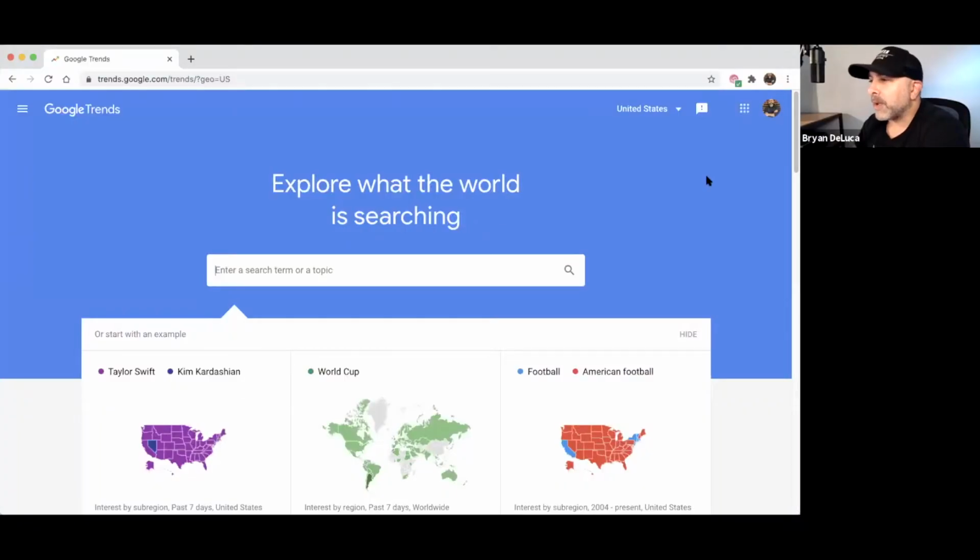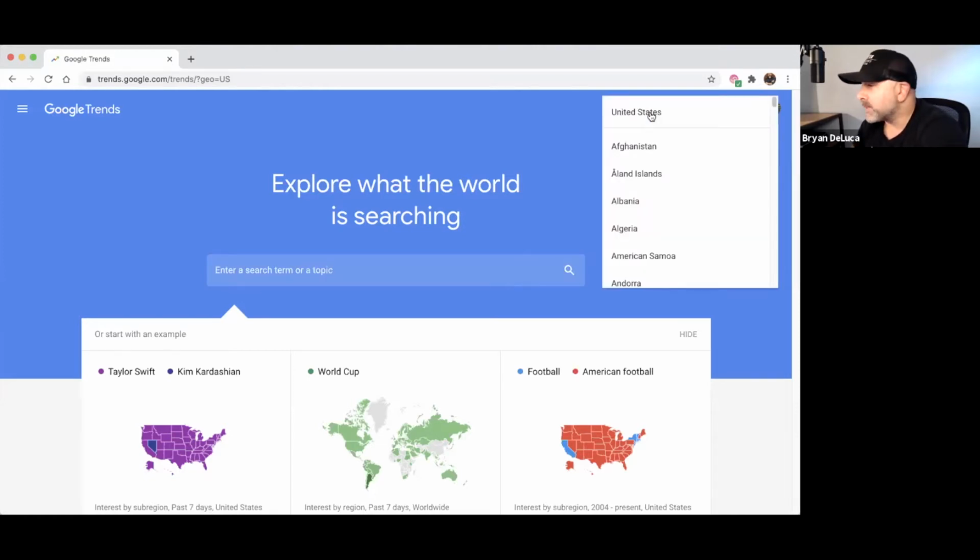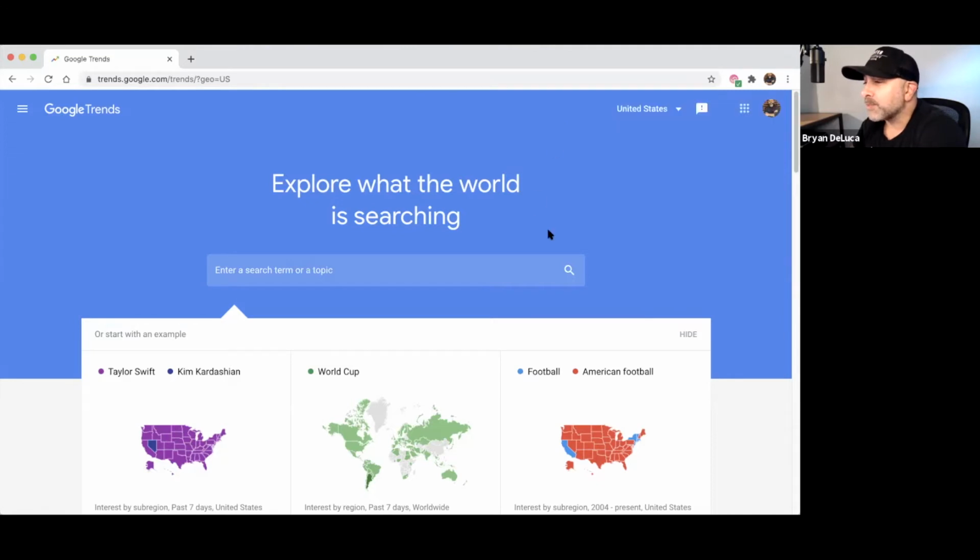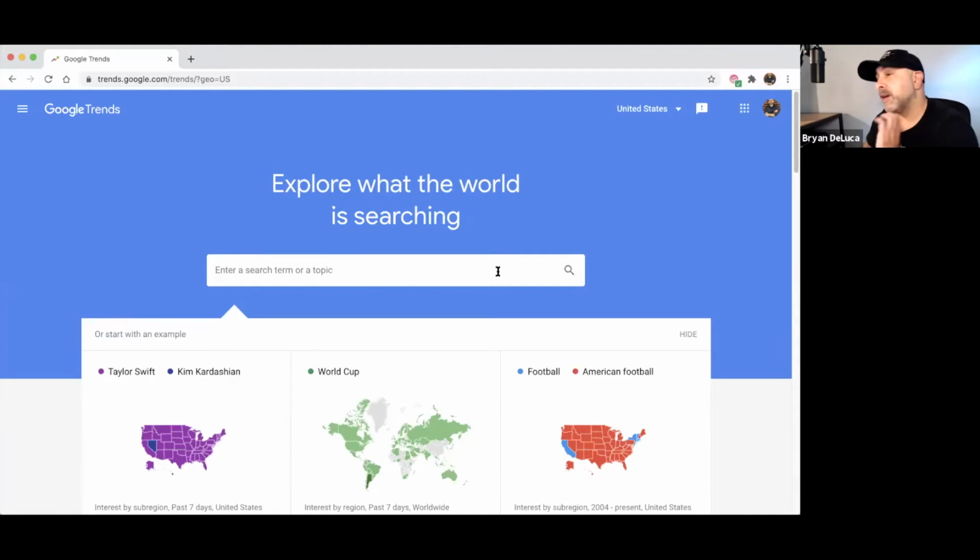So if you haven't used Google Trends before, and this is one of your first experiences with it, or the first video you're watching, you could actually use Google Trends for geolocating and getting information in your localized country. As you can see up here, you could basically go through and pick any of the states you want. Any of the countries you want, I should say. And we're going to get into how you localize that down to states, but we're going to look at the United States today. Now, for instance, if you're an accountant